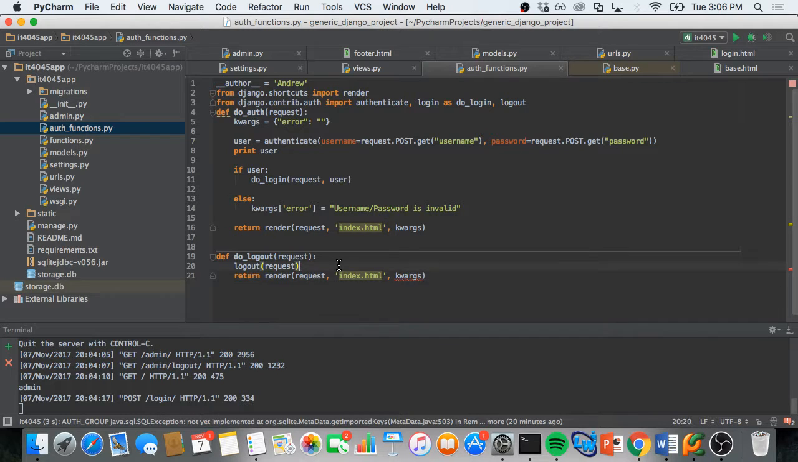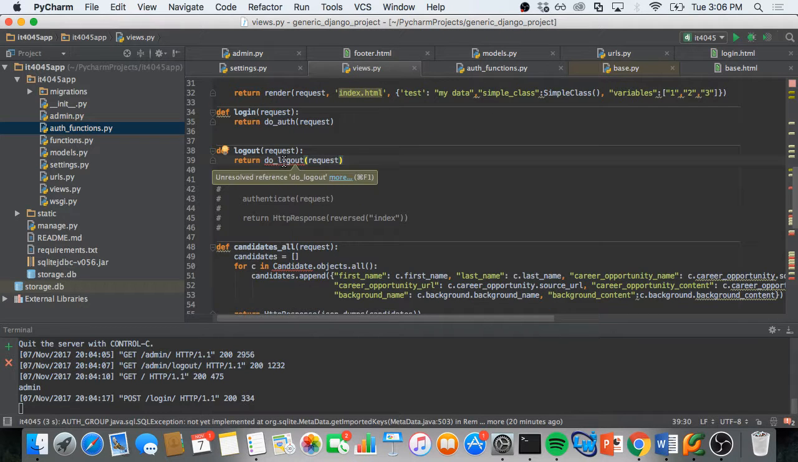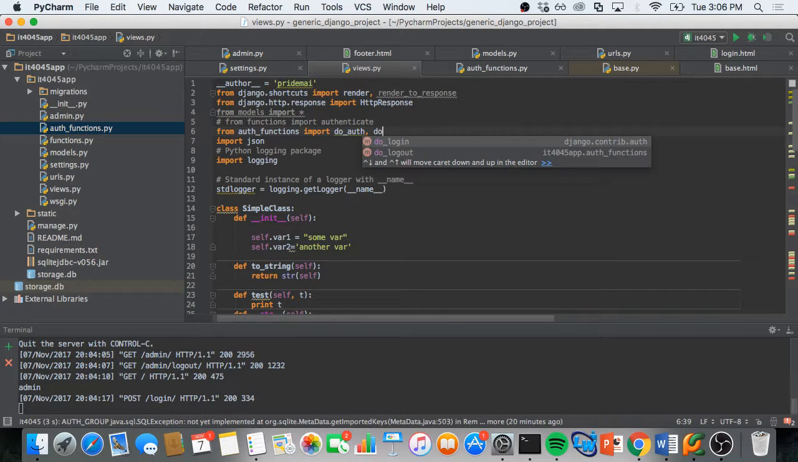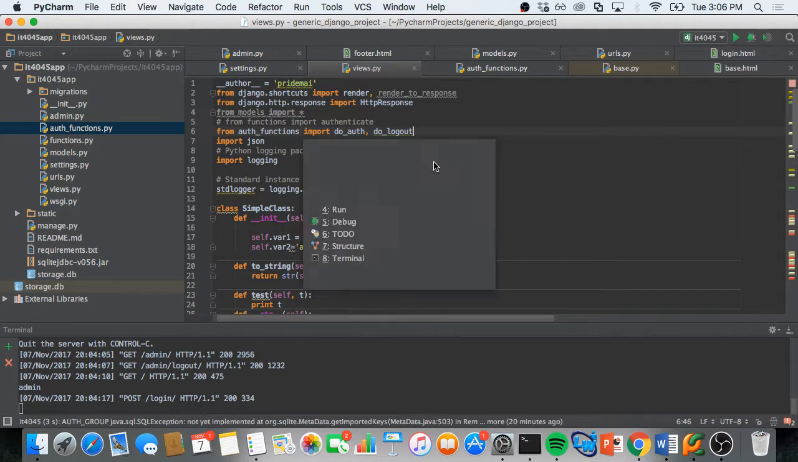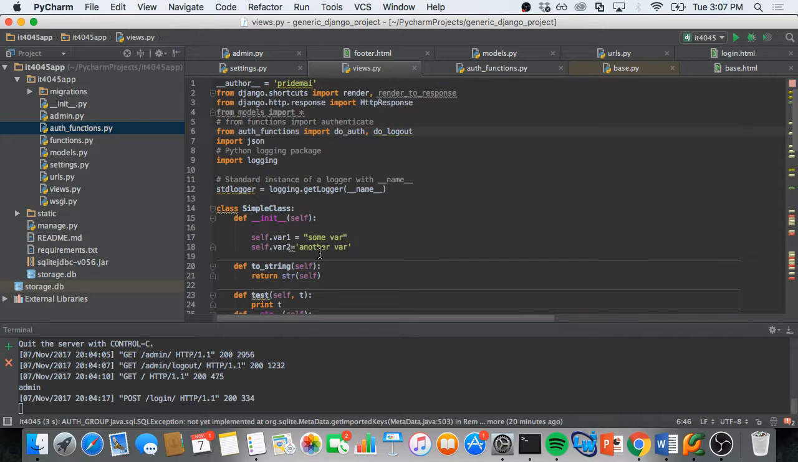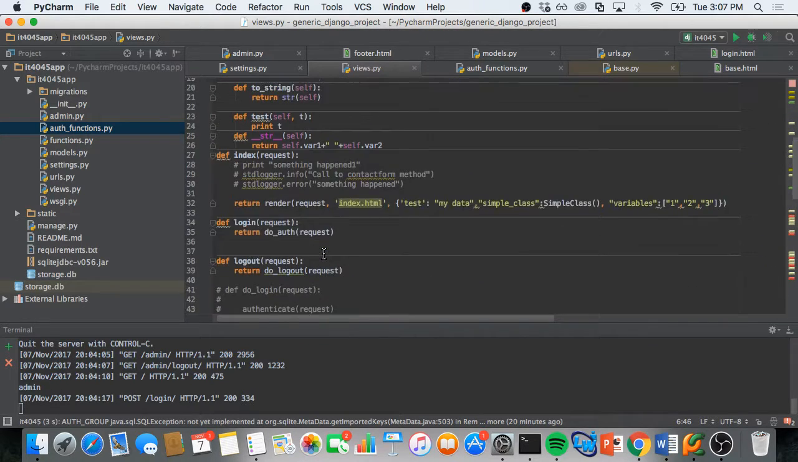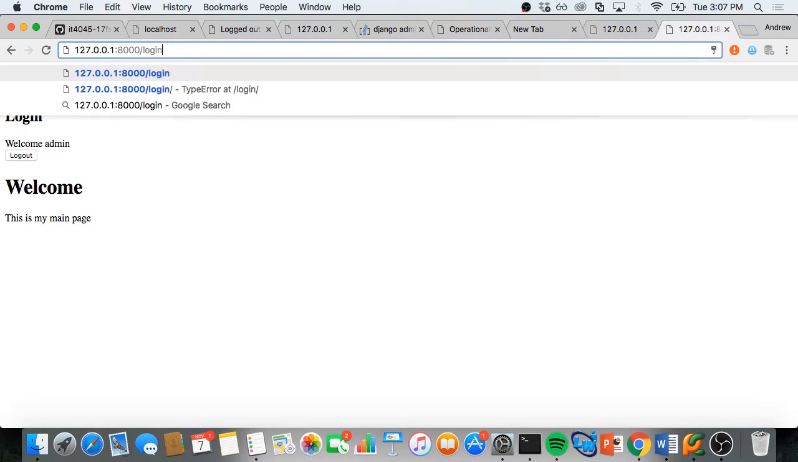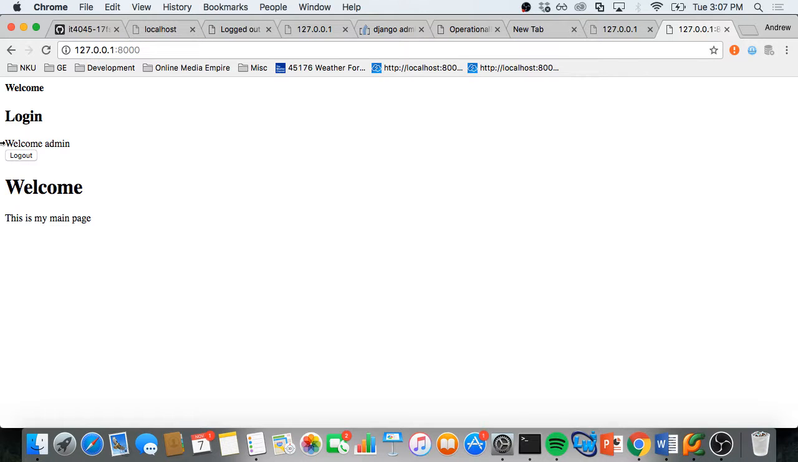And then we'll just pass in, so that's my logout. So now I should have, after I update my import, a working login and logout functionality, right? So if I navigate back to this guy,